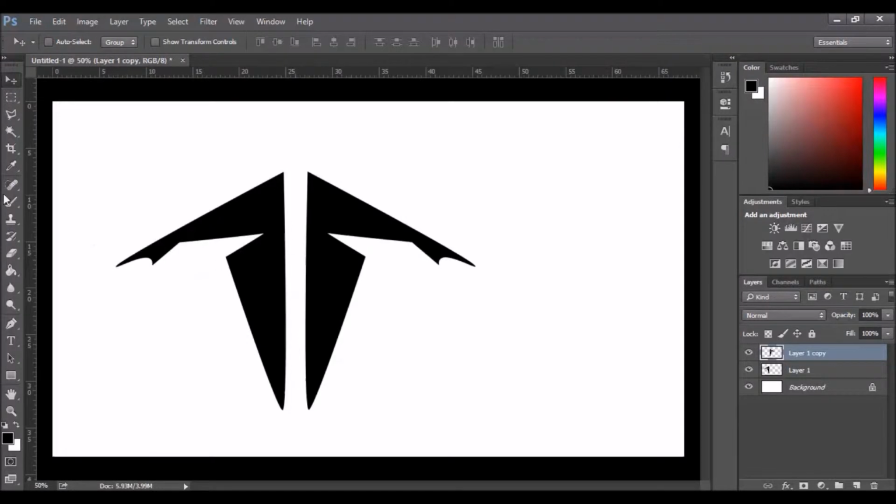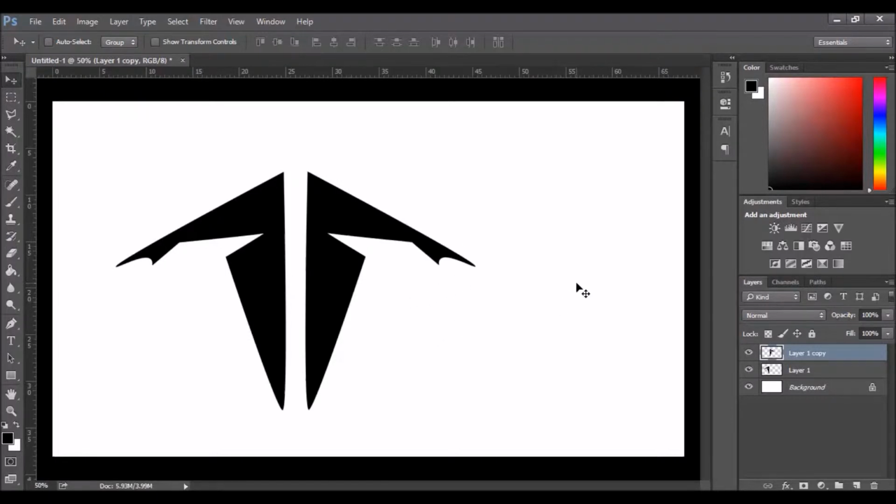Okay, so I am going to add a little bit more stuff. I could leave it like this, but if you want to add anything, you could add anything you want. Okay, so once we have done that,